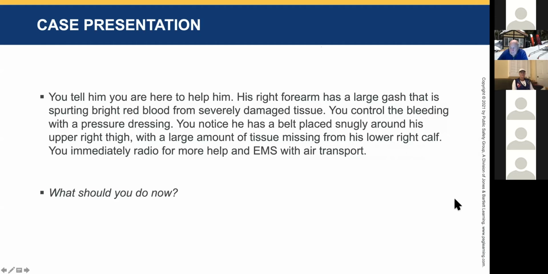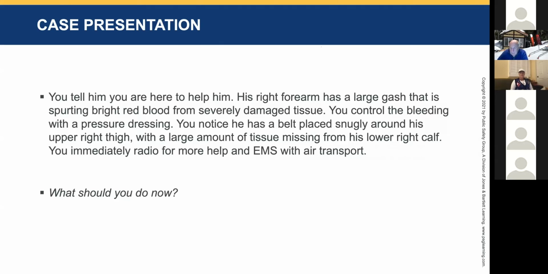If a belt would be a sufficient tourniquet, don't you think? I mean, taking it off and putting something else on would kind of be backtracking, I think. It'd be good to leave it there and ask him what time he placed it on. Okay. So we're going to time the tourniquet. Do you think we ought to leave the belt as a tourniquet, or do you think maybe we ought to put a regular tourniquet on, one that we can control a little better than the belt? Yeah, and put it closer to the injury so he doesn't potentially lose his whole leg.